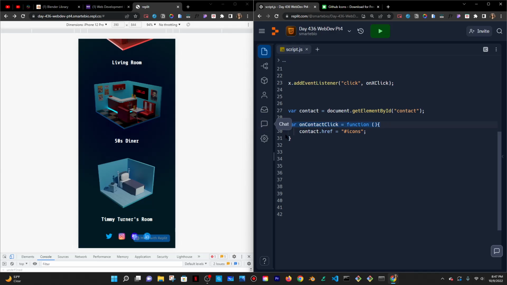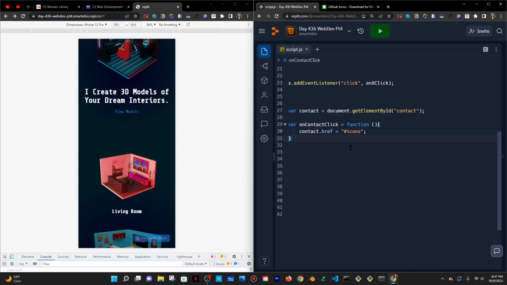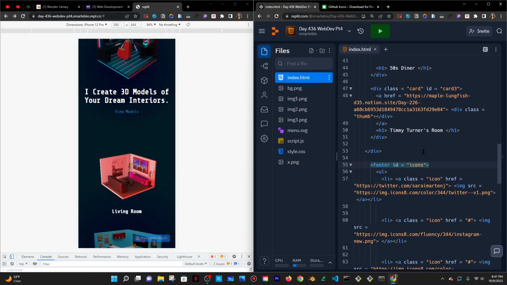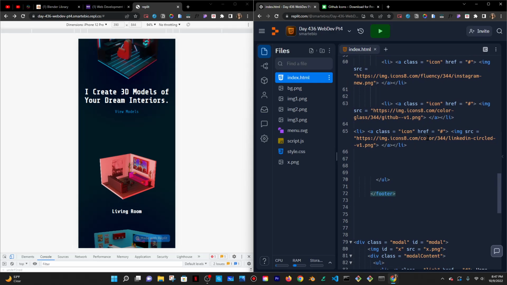I honestly don't even have to do this. Well, yeah, I don't really have to do this. I mean, okay, hold up. Let me do it the easy way first. The easy way is to go to my HTML and then just put the